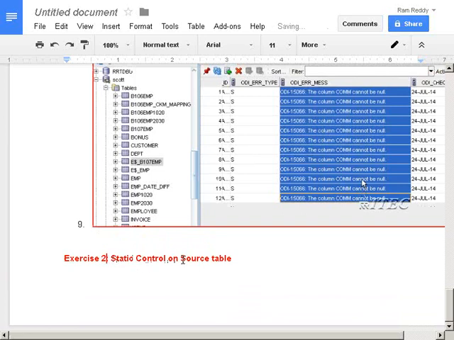Static control using package on data store.